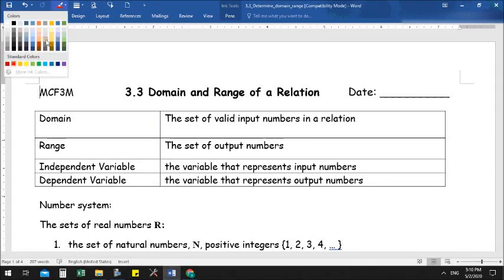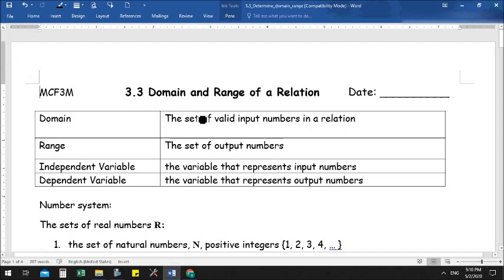Hello, today we are going to learn new concepts for describing a relation of a function. One is domain. Domain means valid input for a relation. So normally it will be the x. All the valid x, we call it domain, okay? And the range is the valid output, the value that can be taken for that